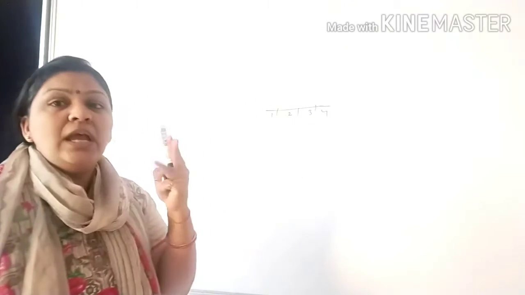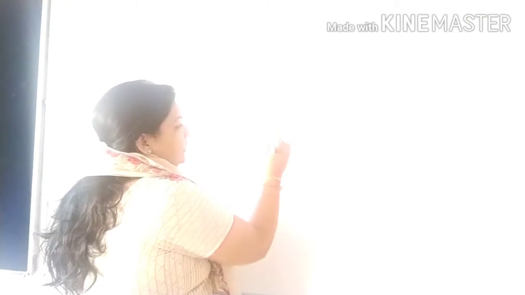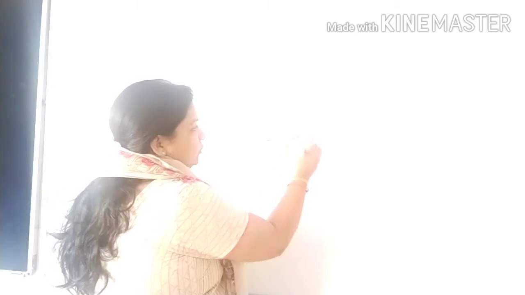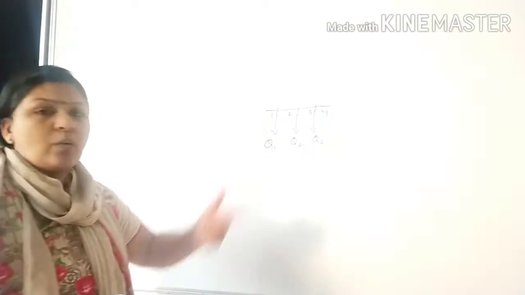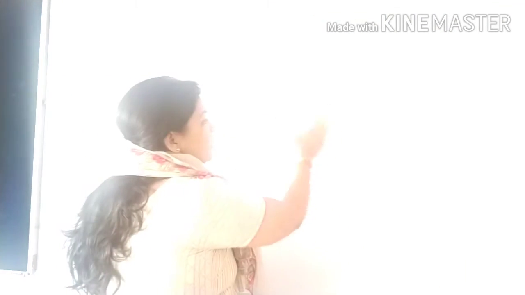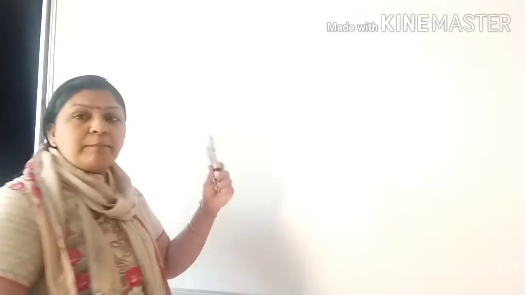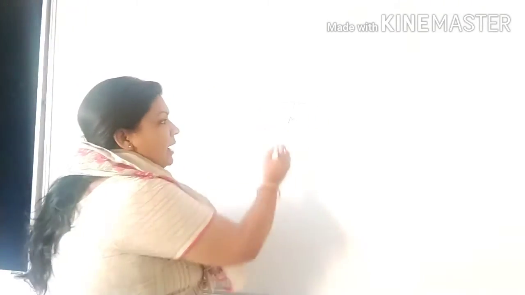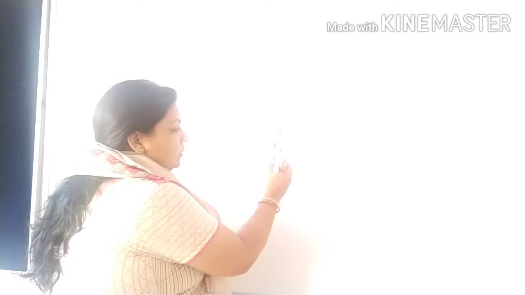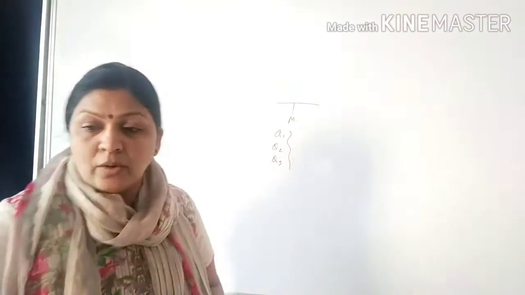मतलब एक का 4 पार्ट करना है तो we use the 3 lines only, and those lines are called the first Q1, second Q2, and third Q3. Clear? This is all about the quartile. When we are talking about M, it means the mid value, and this is the 1/2, the half of the 2. So this is called M, and Q1, Q2 and Q3 are the quartiles. Clear? Now we will start how to calculate the quartile values.